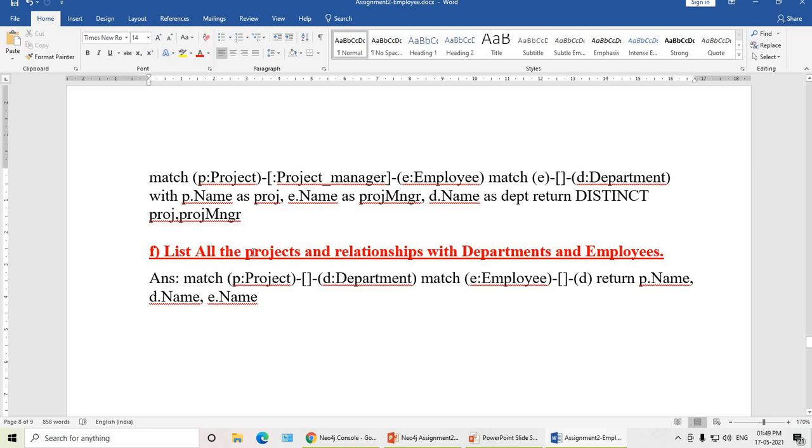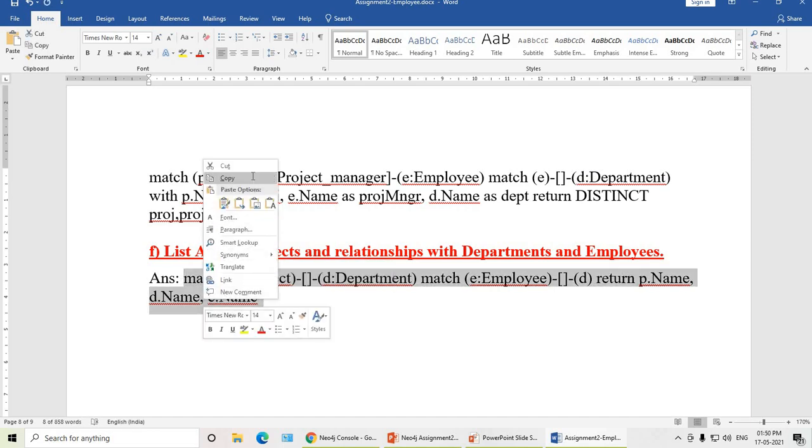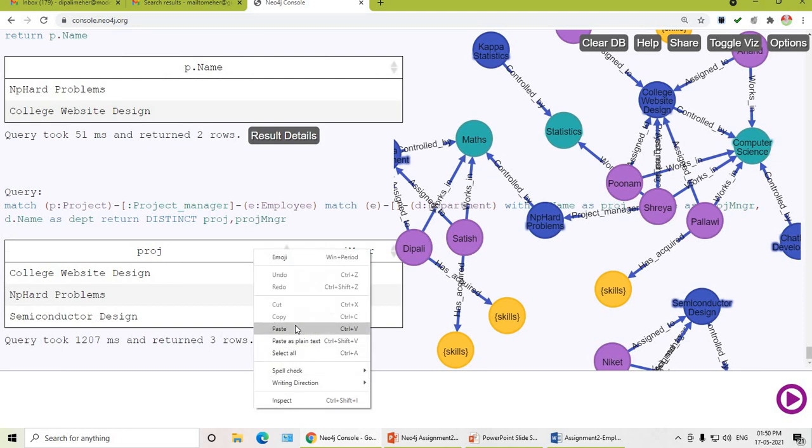So here there is no need to write the relationship. You can keep this blank. While keeping this blank, it will take all the relationships and it will display department name, employee name and project name.